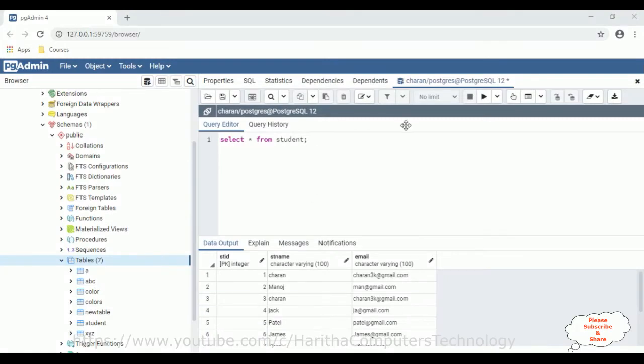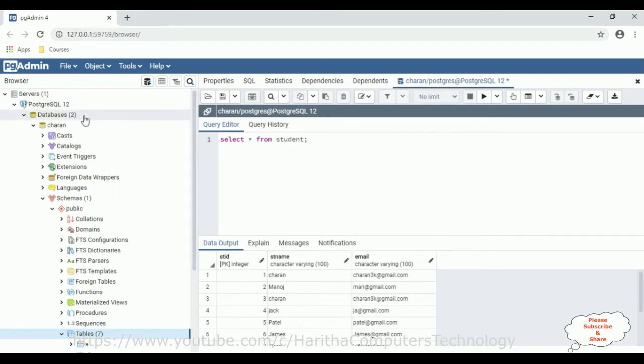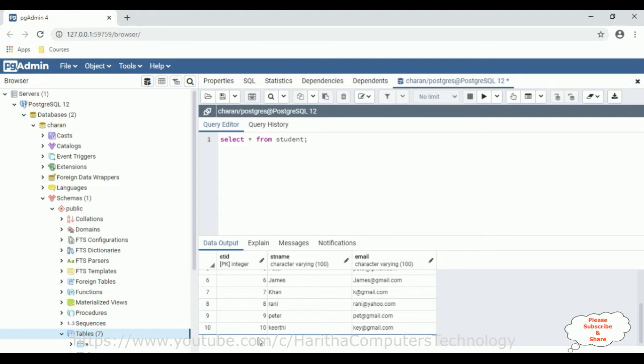Before creating a new Django web application, first we'll check the table in PostgreSQL database. The table name is student, which contains 3 columns: student ID, student name and email. Right now this student table contains around 10 records. Now my aim is I want to display this student data randomly when the page loads or templates reloads every time using Django web application.